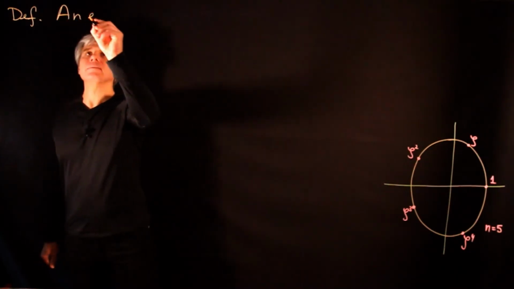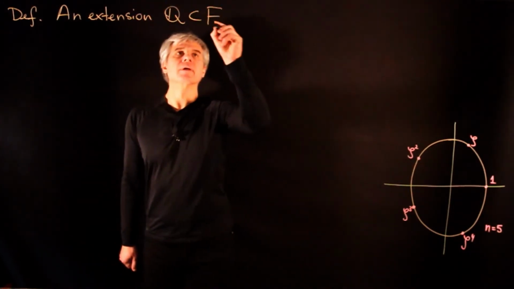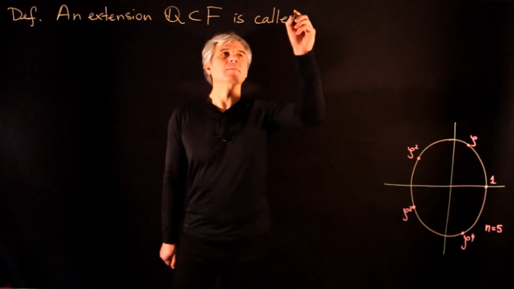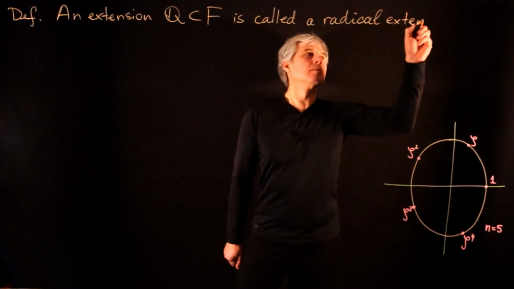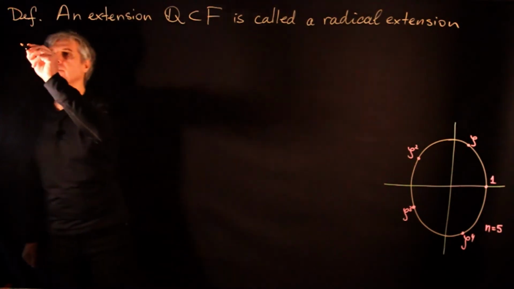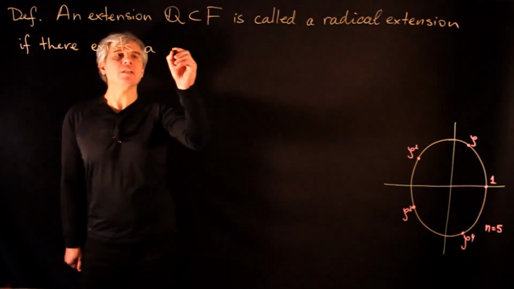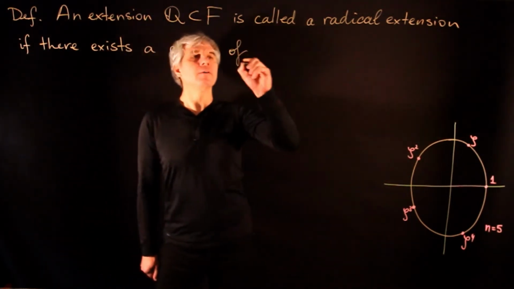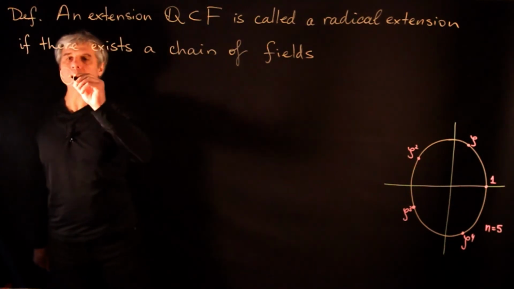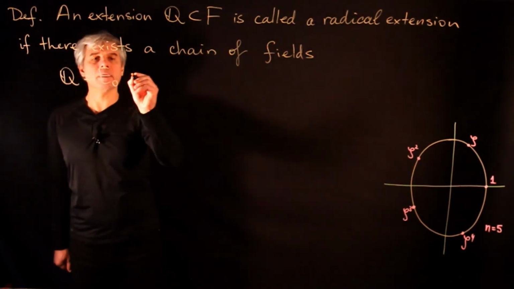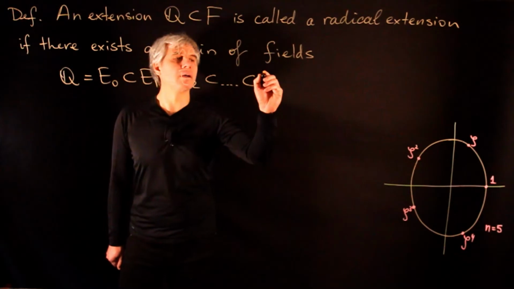An extension F of the field of rational numbers is called a radical extension if there exists a chain of field extensions of Q. So we have Q, which is E0, which sits in E1, in E2, and so on in En,